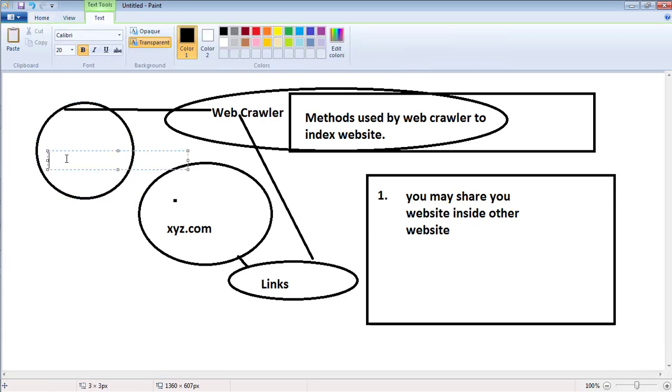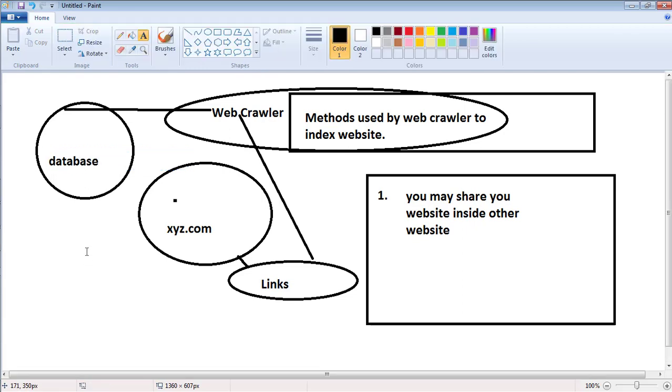And the web crawler finds that it has not indexed your website. So what is the web crawler going to do now? It will go to your website and save a copy